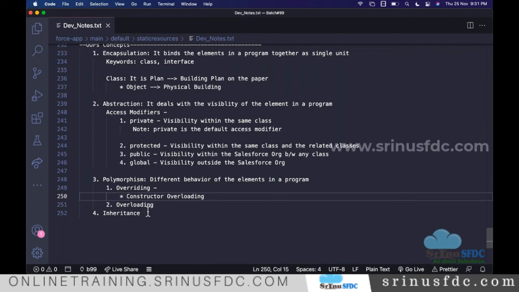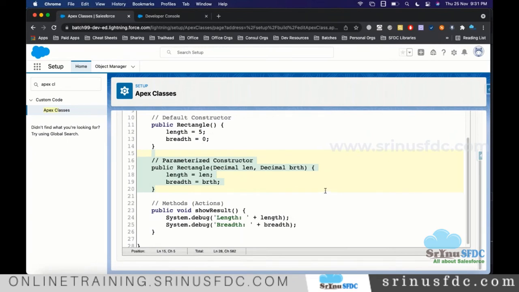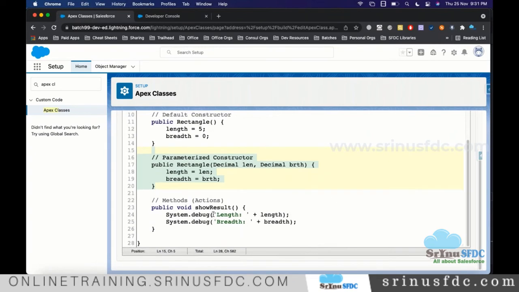In one more example, if you see here, I told you that plus will do the addition, right? Here this is a string, and I am using plus and adding a number value, a decimal value. String plus decimal, if you combine with the plus operator, it will concatenate. It cannot do the addition. But if I keep two numbers, if I say breadth plus length, it will add both and give the result.